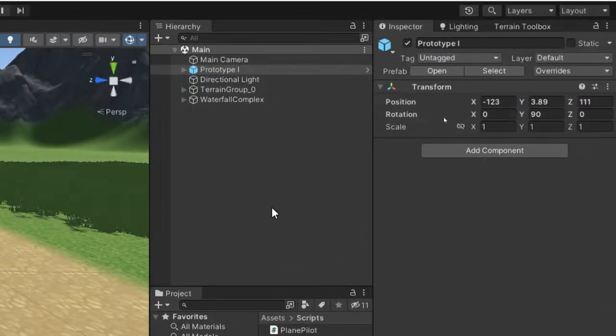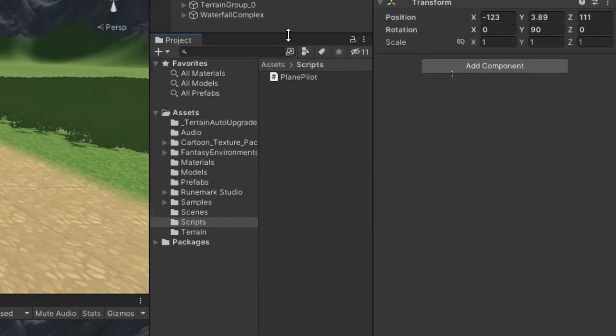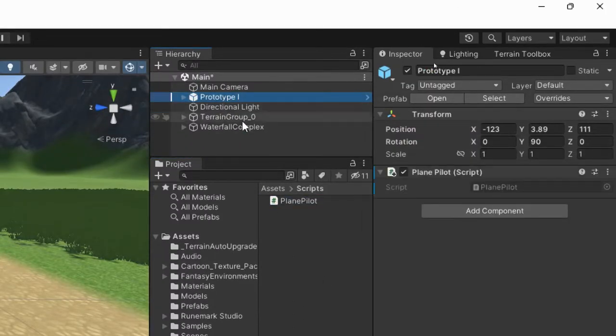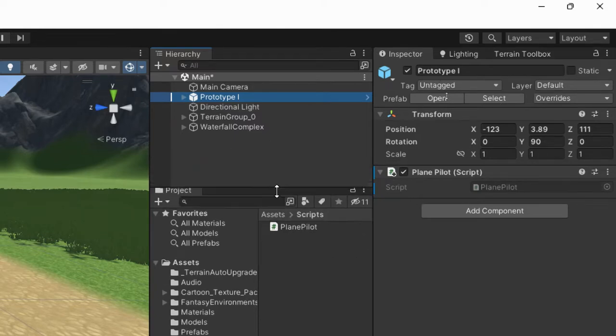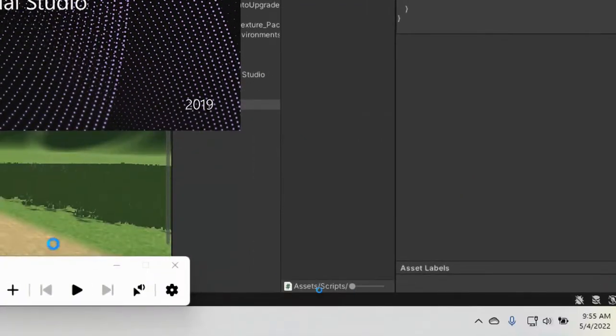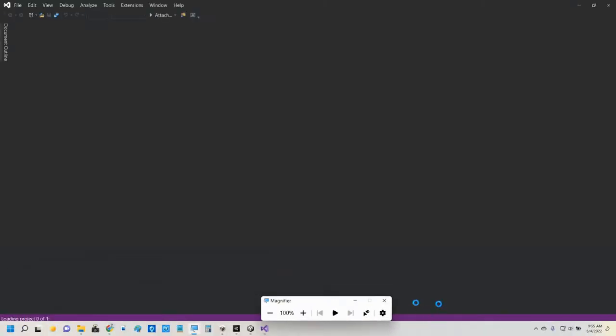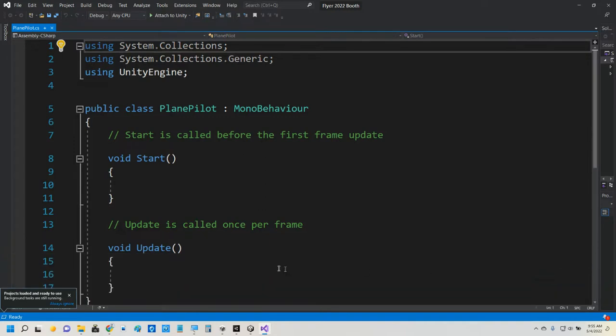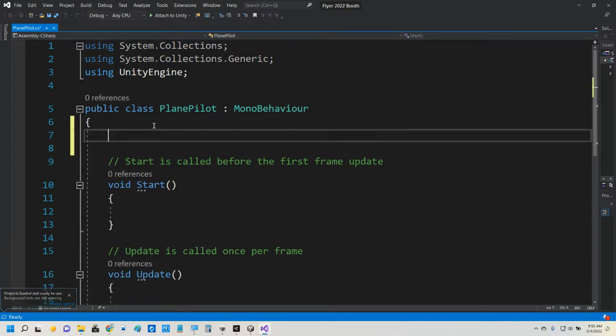And so I'm going to take that Plane Pilot script, and I'm going to go ahead and drag it and drop it on Prototype 1. And now it is a component on Prototype 1. And I'm going to double click it and open it up in Visual Studio for editing. All right. Now, here in Visual Studio,